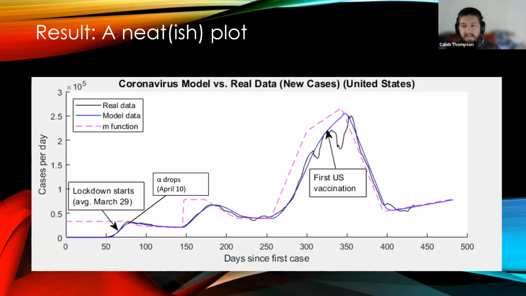So the result we got was a semi-neat plot. There's a lot going on here. This was for the first about year and a half of the COVID testing results. So you can see the black line here is our real data. Well, real data. It's what we were able to find from the CDC and load into MATLAB. So we have the pink, which is our capacity function, and finally blue, which is the model data,